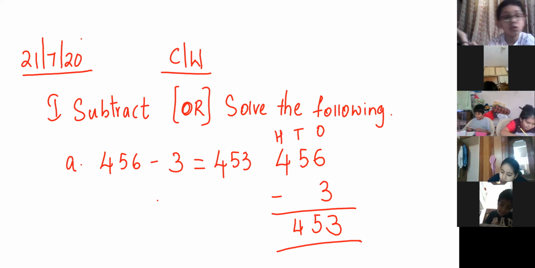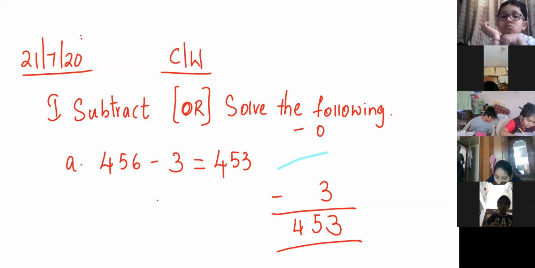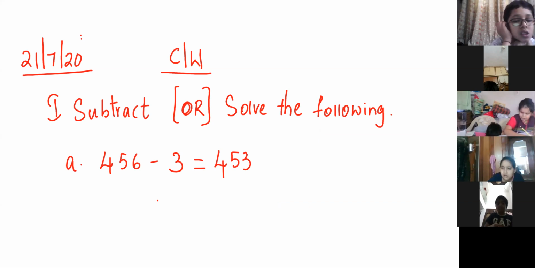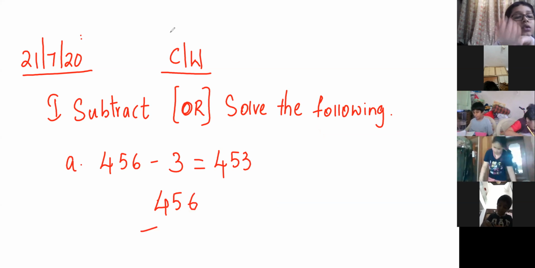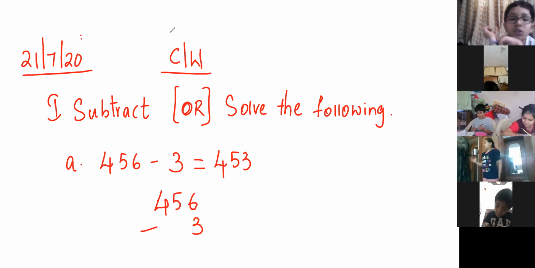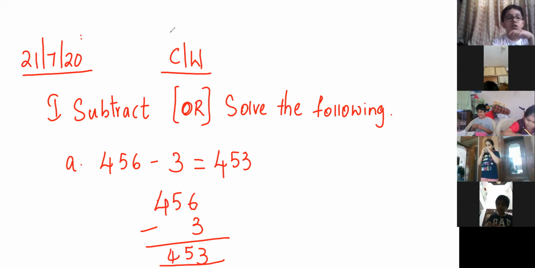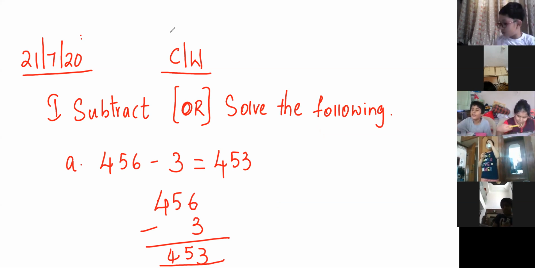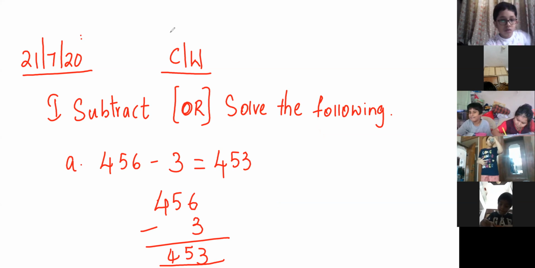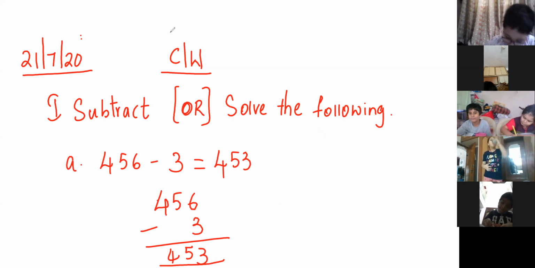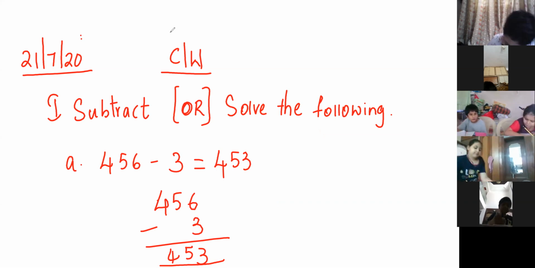Write it down to the question. Four hundred and 56 minus 3. The answer is 453. Make it fast. Let's go to the next problem. We have so many problems to do, so let us not waste any more time. Okay, make it fast, children. You understood how to do it, right? Still we have some regrouping problems also. All those we have to attempt today.